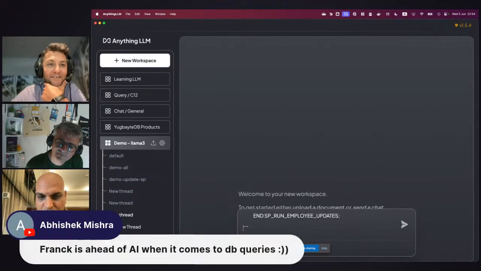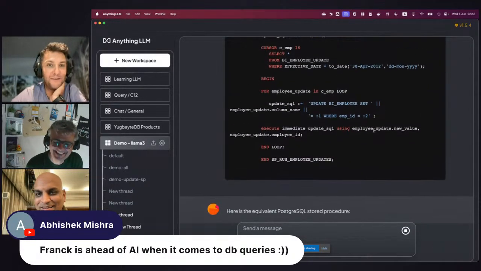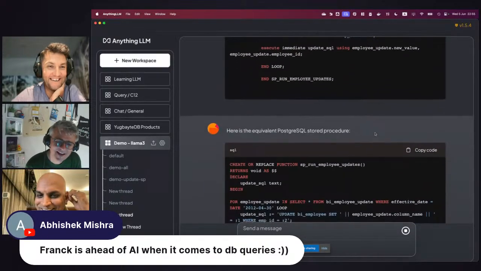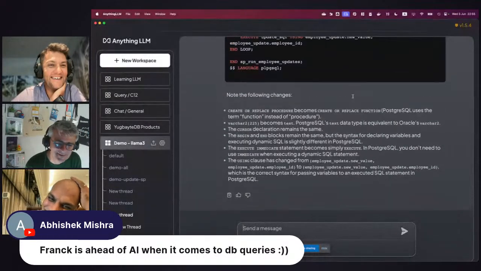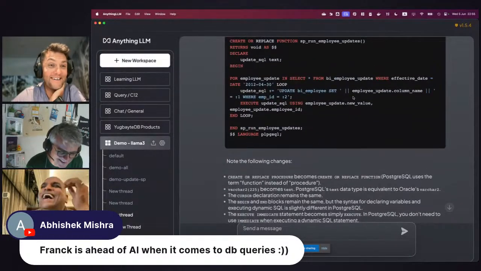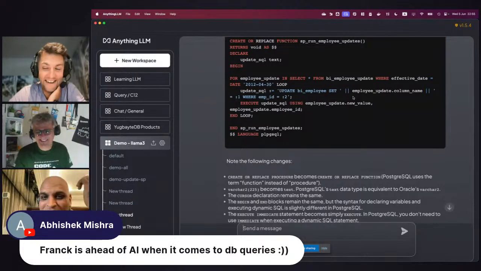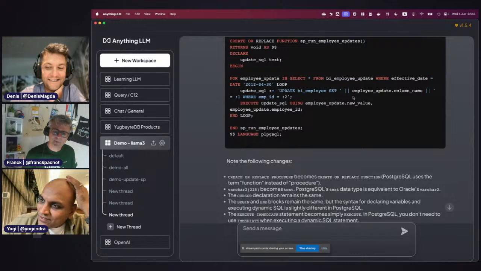And also, we've got a message from Abhishek that Frank is always ahead of AI when it comes to DB queries. If you had more time, you would let Frank validate those queries, right? Except that I can do that on a few lines, but not on a million lines of code. That's what I'm saying, if we had more time. Maybe that new thing, Neuralink, Elon Musk's company that puts a chip on the brain. Okay, I got it. Yeah, we will create one of those for Frank.